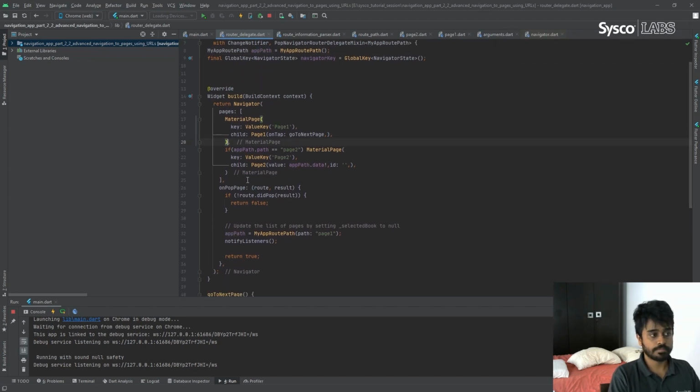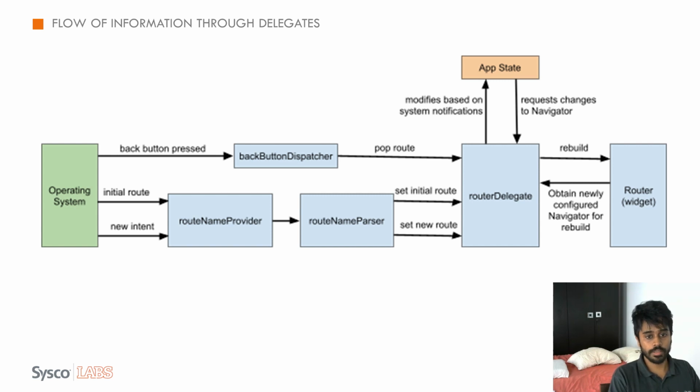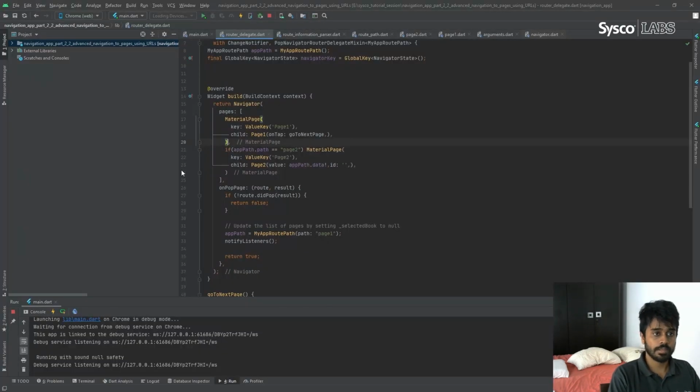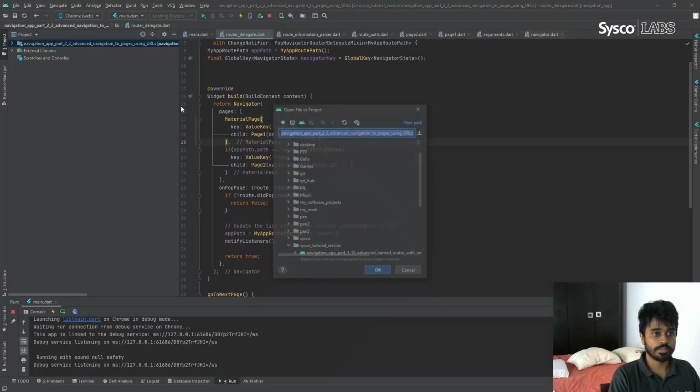So let me go to the next topic here, which is navigate using URLs with nested routers and bottom navigation bar. So how can we use Navigator 2.0 to navigate to different pages using a bottom navigation bar? Let me open that project for you.